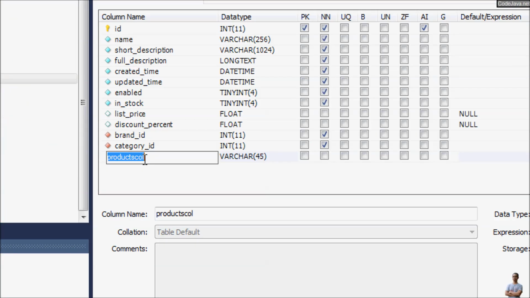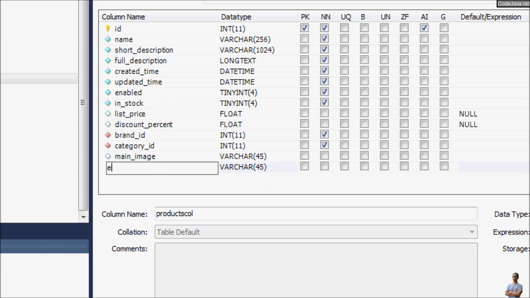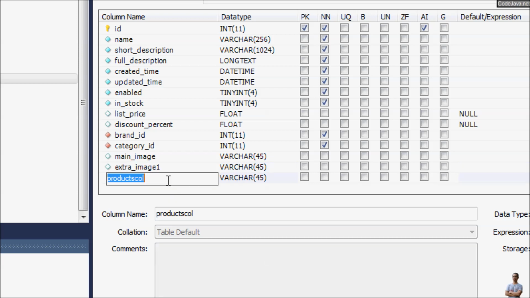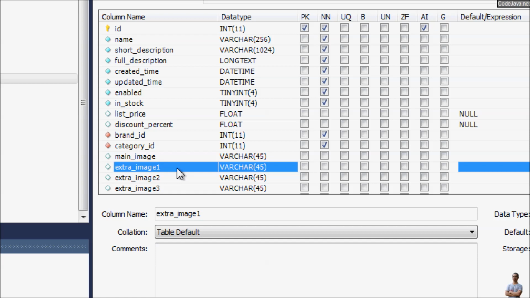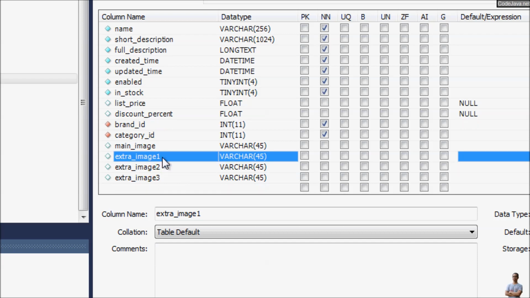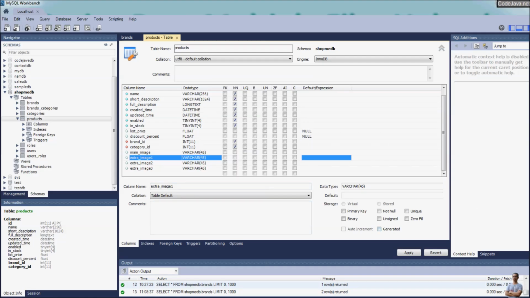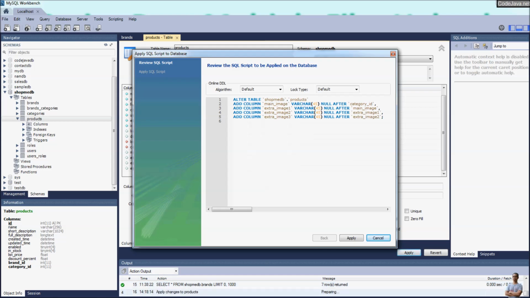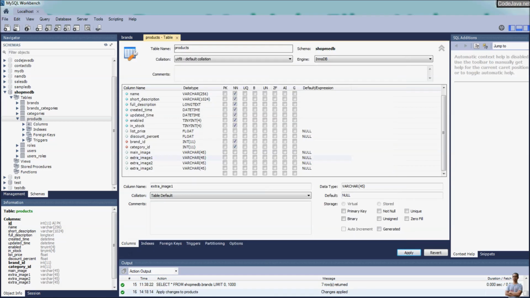And we specify the main image and extra image 1, extra image 2, extra image 3. So a product can have 4 images, main image and 3 extra images. Apply, finish,